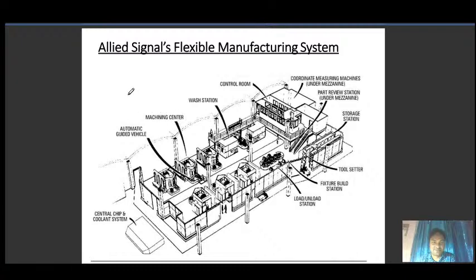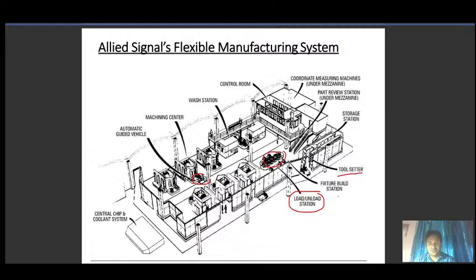Now you can see this one is a typical Allied Signal manufacturing system. Here you can see automated guided vehicles, these small AGVs. This one is the loading unloading station, and here you can also see the fixture building station, and this one is the tool shelter.